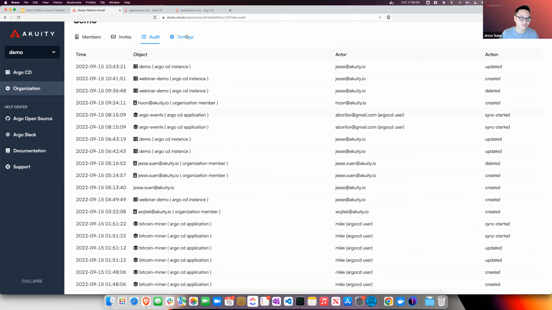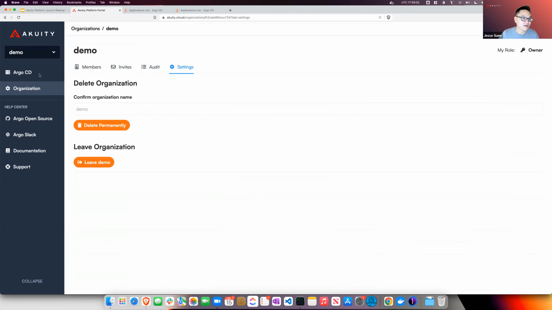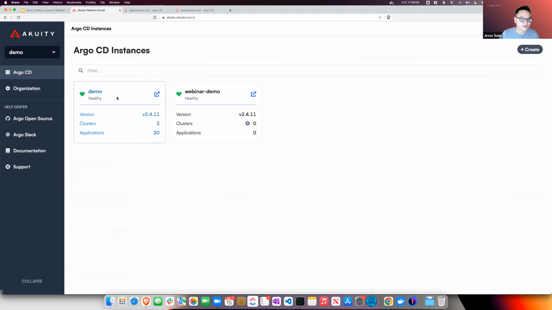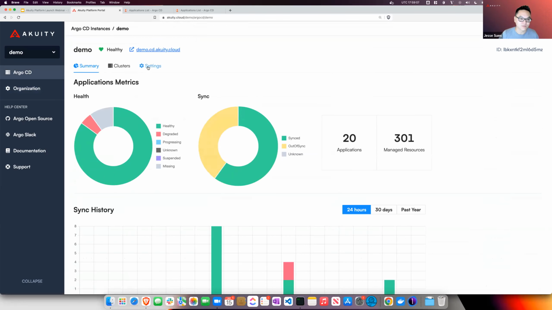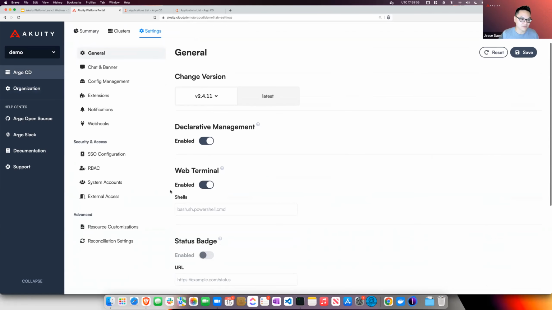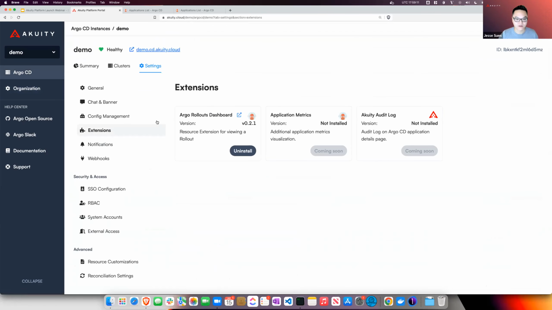But I want to move on to something I'm personally more excited about. If we go to an Argo CD instance, there's this tab over here called extensions. I think not many people know that Argo CD is actually extensible. I've given a talk about this very topic at the last North American KubeCon.